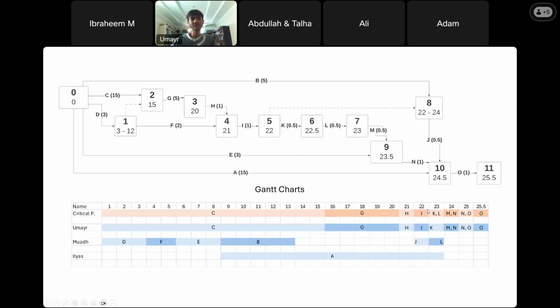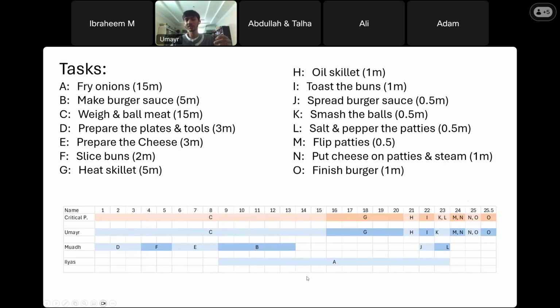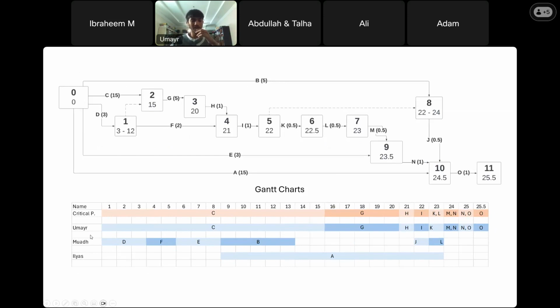The next thing would be turning into this called a Gantt chart. And what that does is you can organize it for which person does which tasks. This is like the final thing that you do. You'll end up being able to see this person does this thing, this person does that. The Gantt chart, for the Gantt chart, what you do is